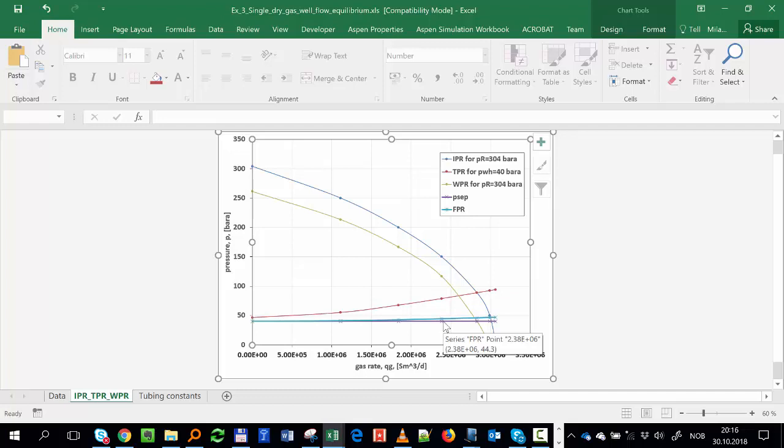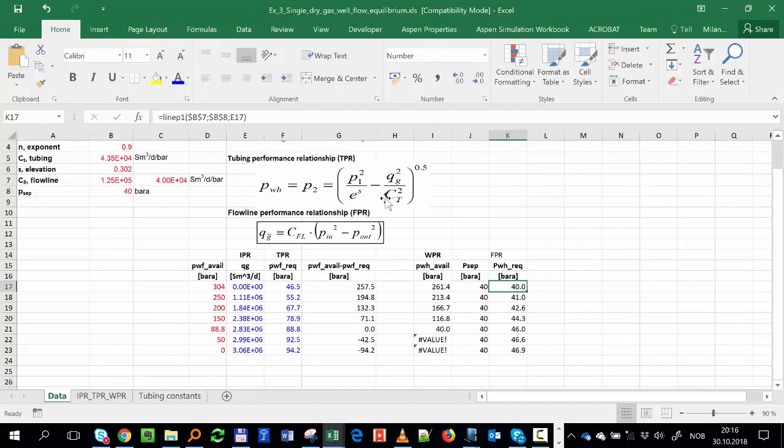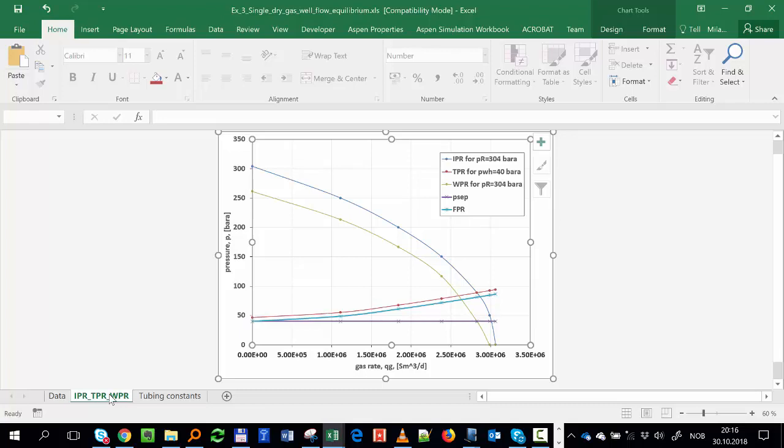But you see, the intersection point doesn't change really that much. Before it was 2.83, and now I made 2.75. So it doesn't change really that much, the intersection. But if you want to see the effect of a smaller pipeline, you can just change the flow line. We use now this one. And now it has a bigger effect. Now you see that the intersection moves from close to this base